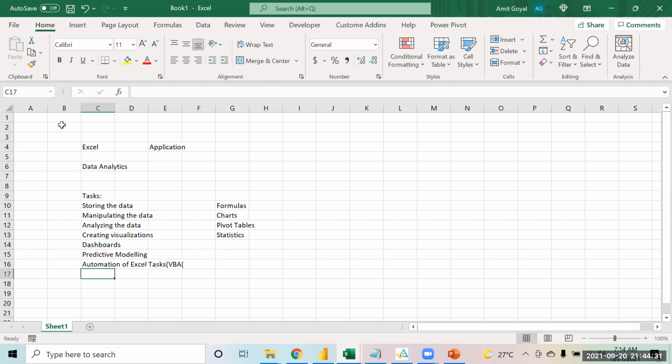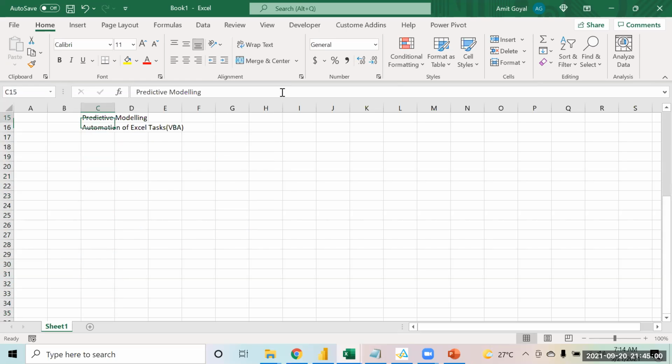VBA is coding, so we have to learn the coding for this. With VBA you can automate the activities you do on a daily basis. Without doing them manually, you can write a code and just run it daily to get the task done. These are the wide variety of things we can do in Excel.